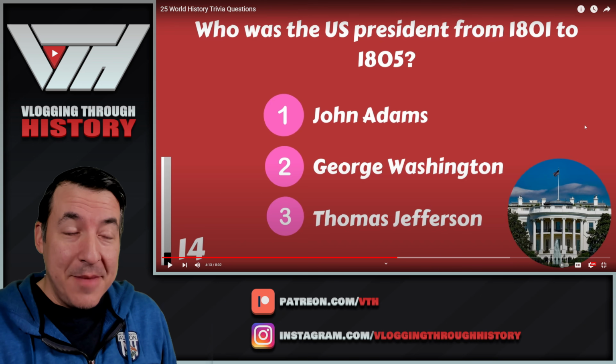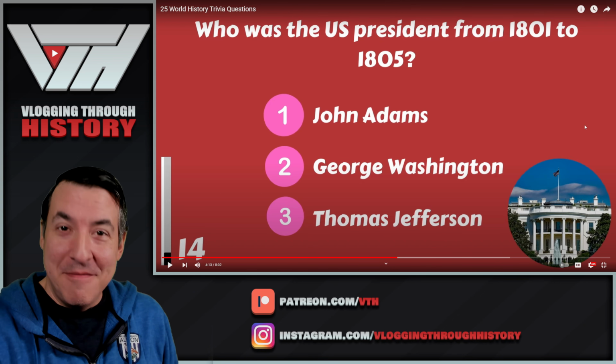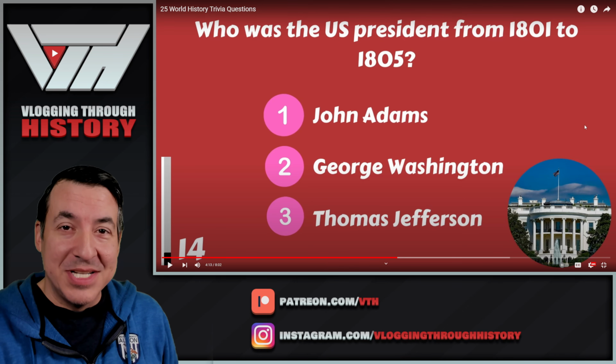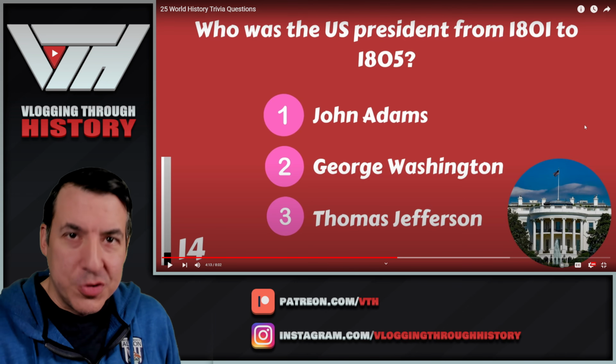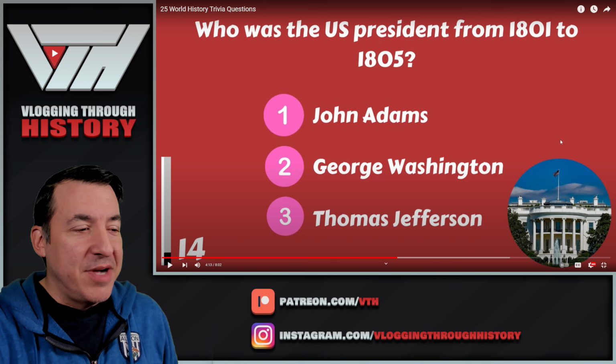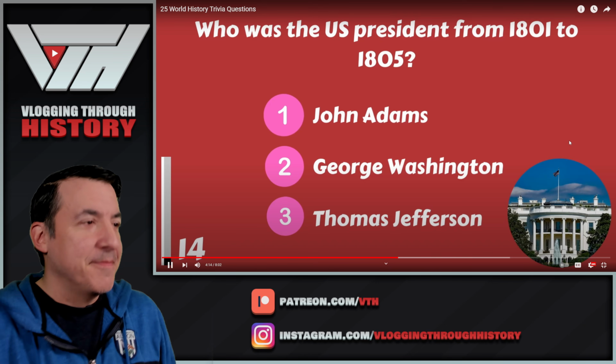At that time, the person who came in second in electoral votes became vice president. That was changed when Jefferson became president. So they went to kind of the more traditional running mate scenario that we have now. But Jefferson serves 2 terms, and then it kind of goes from there. So the answer is Jefferson.